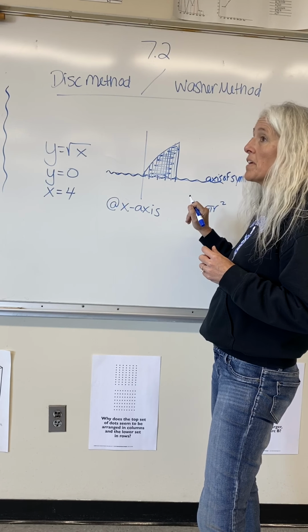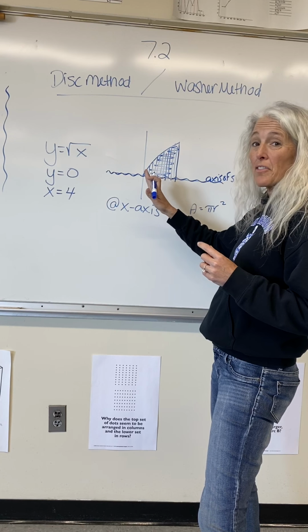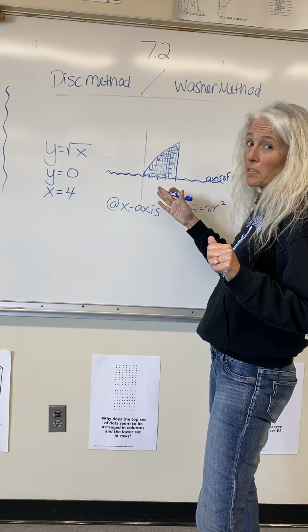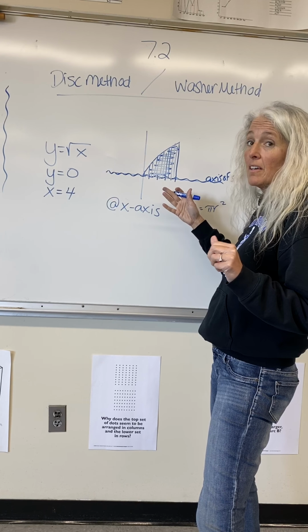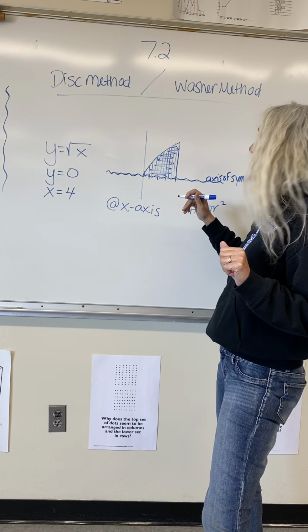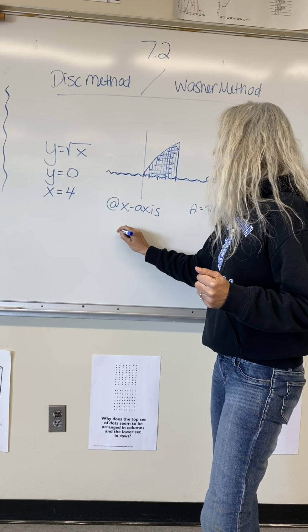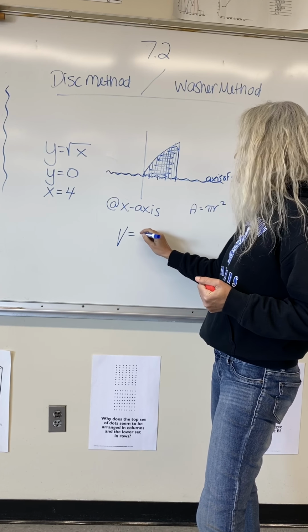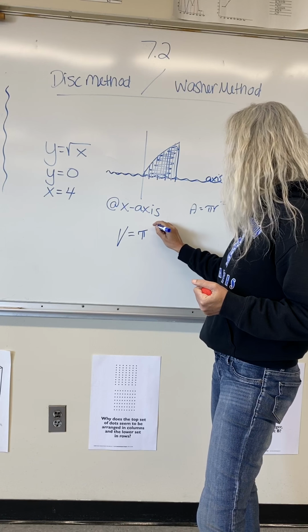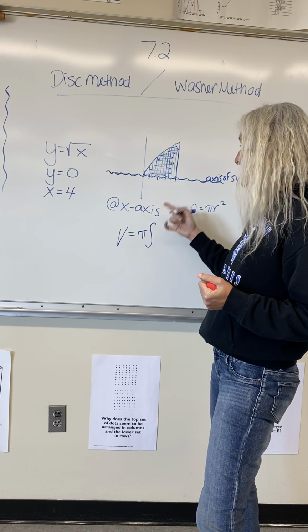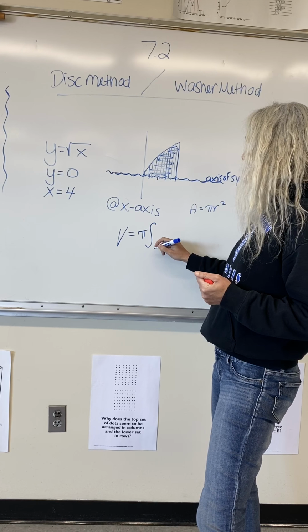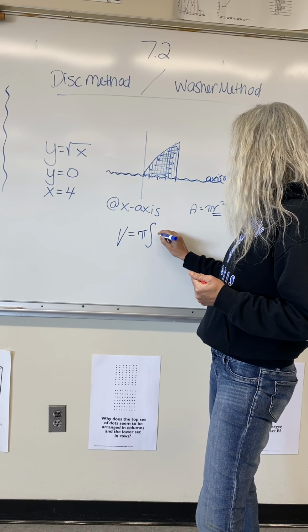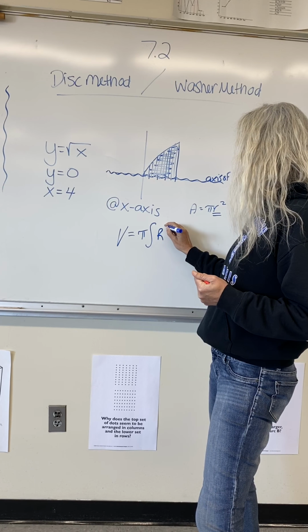And if we think about when we add up infinite things, like when we added up infinite rectangles to find an area, we took the limit as x approaches infinity. Same idea here. The volume of our three-dimensional shape is going to be the sum, and by doing the infinite sum, it ends up being the integral of our function, so pi, and then we're taking our radius